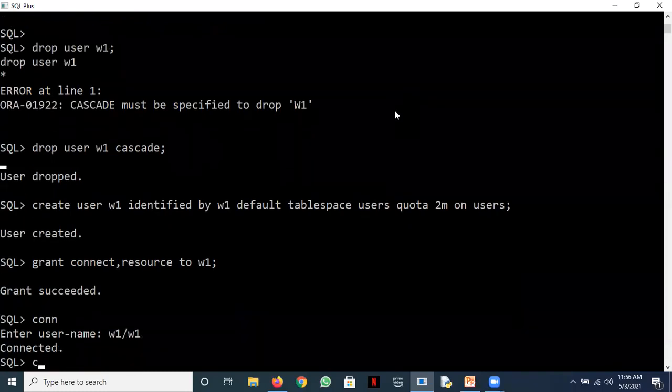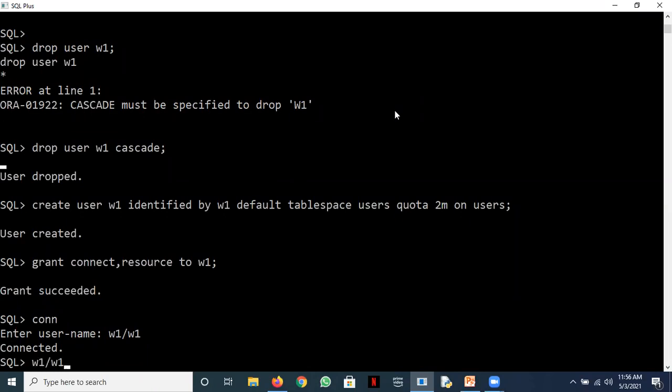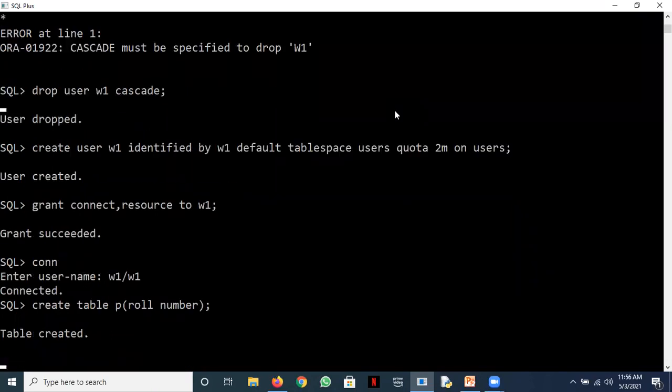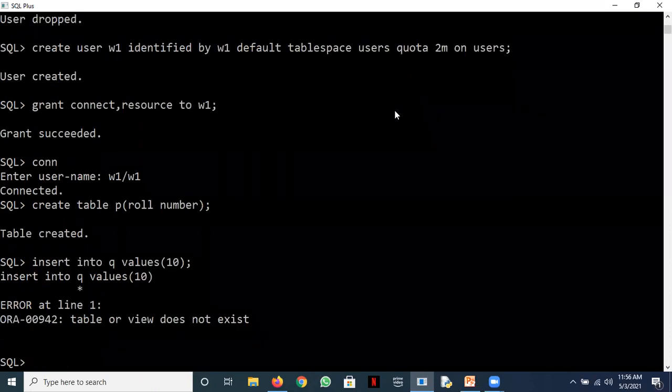And then I can write here, create table. So I create this table, and then I can go with an insert statement here. So now the table is P. See now what I have done, right?